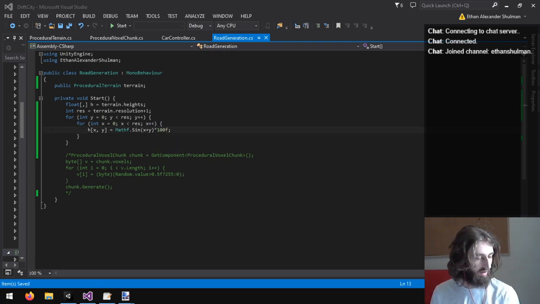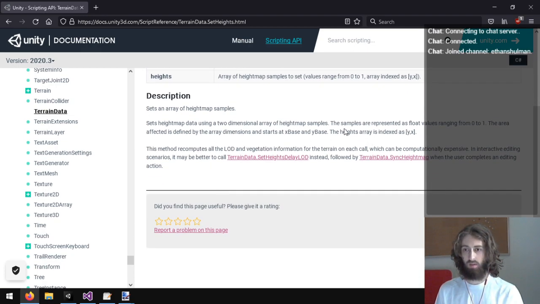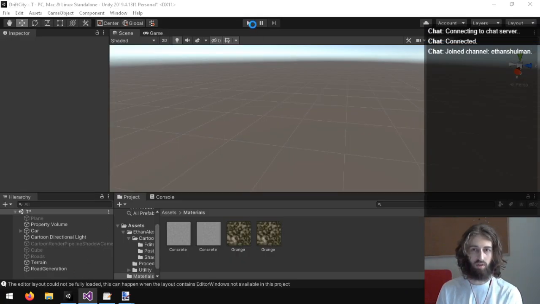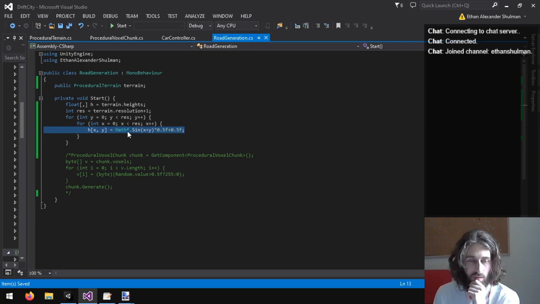Oh, wait, and I need to look up, are the heights normalized? Are the samples represented as float values ranging from 0 to 1? Okay, that answers it. So we'll do 0 to 1 like that. Alright, this should generate some sine waves. Very tall sine waves. Object reference not set to instance of object.